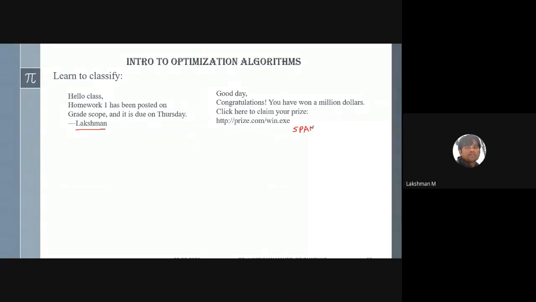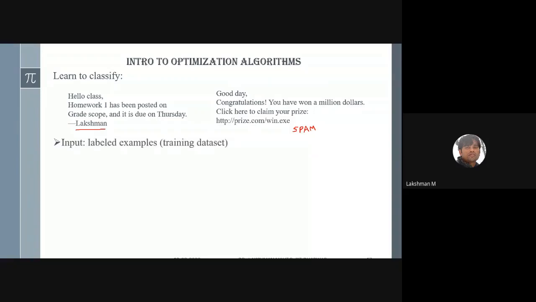How can you do that? In order to do that, you have to collect data. There would be a bulk of messages, so you have to label them. And after that you need to do some kind of plotting. Scatter plotting is one of the interesting concepts. From the scatter plot, it will give an idea of what kind of model structure you want to introduce. Once you introduce a model, then you have to find an optimal model, so again you need to apply some kind of optimization algorithm to get an optimal model.